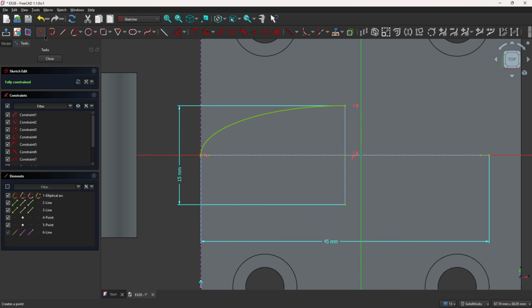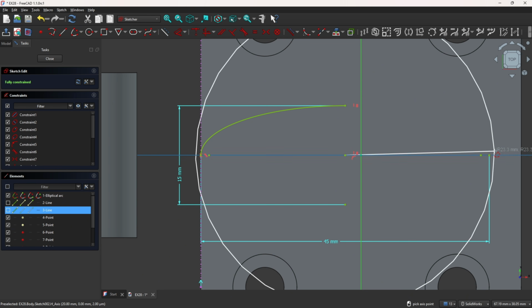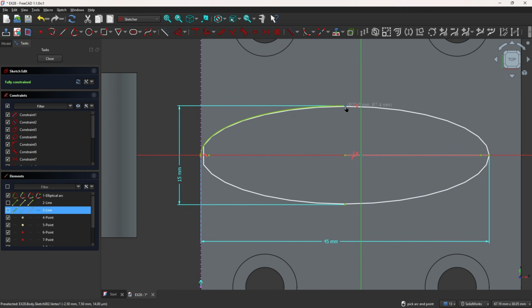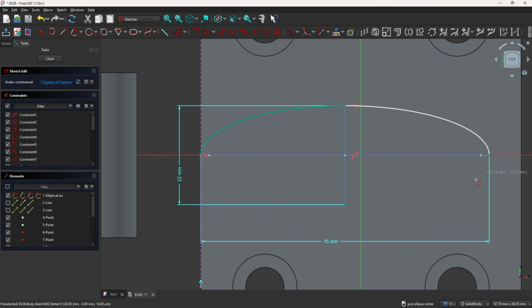Now select a point, make a point here, make a point here, make another point here, and make another point here, and hide these two construction lines, and go to elliptical arc again, click here on this point, click on this point here and this point here, making sure that this arc is coincident here, and go to constraint, select horizontal vertical, select this line here, okay, hide these two construction lines,